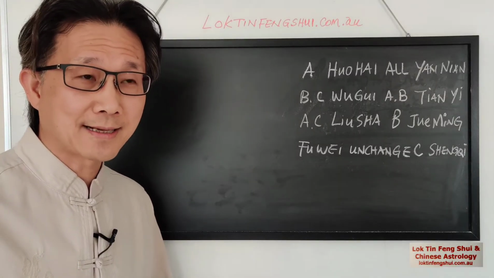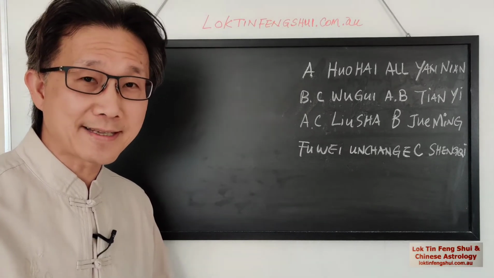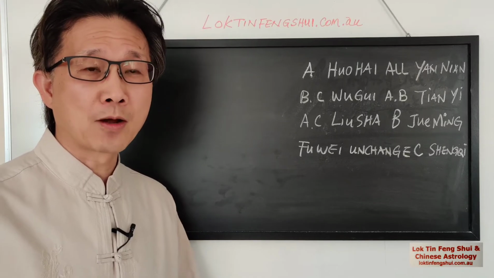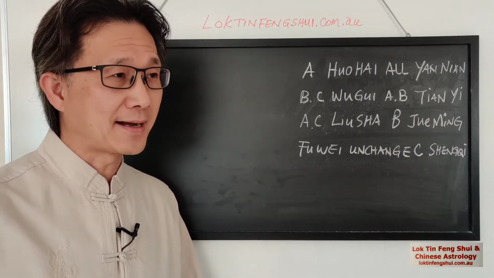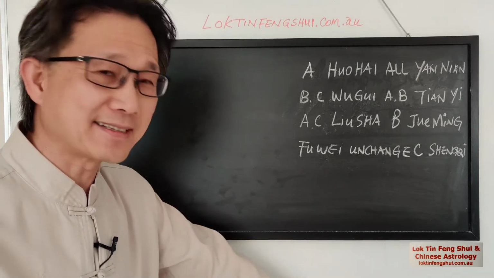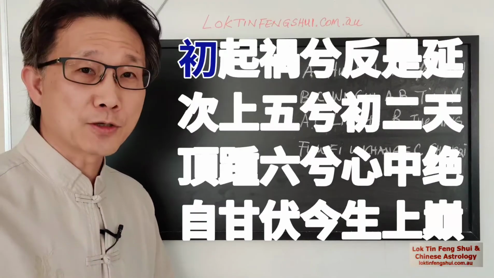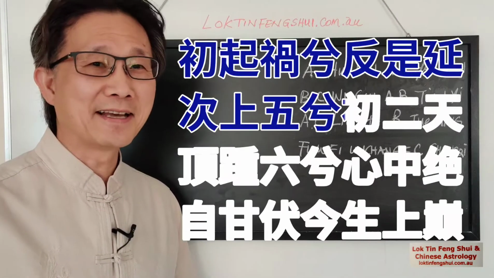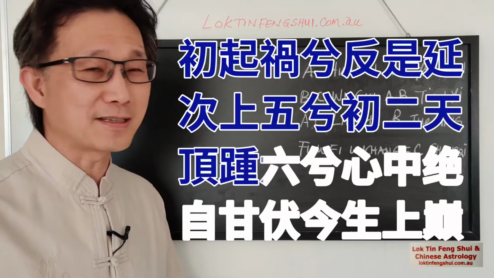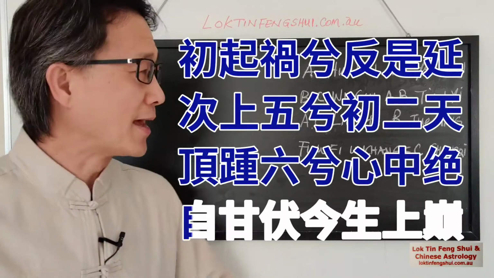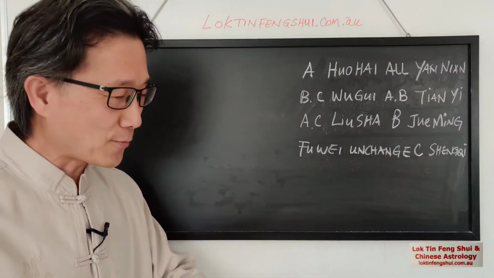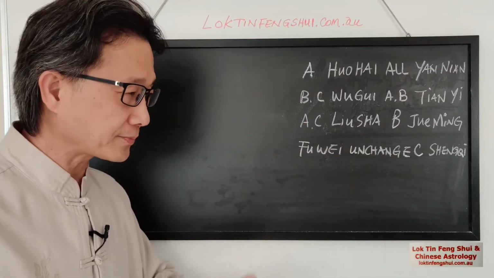Let's start. There's an easier formula to remember to work out the wandering star. Generally, I remember it in Chinese as 初起和係反是言，次上五係生二天，頂中六係心中絕，至今復係生上天。So I just convert that into English, and what it means is